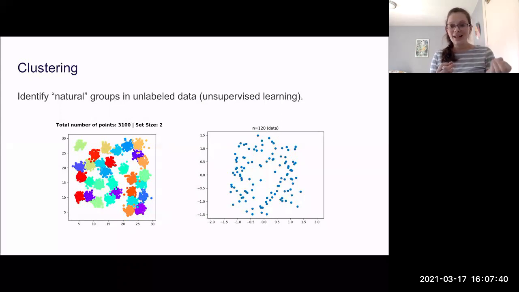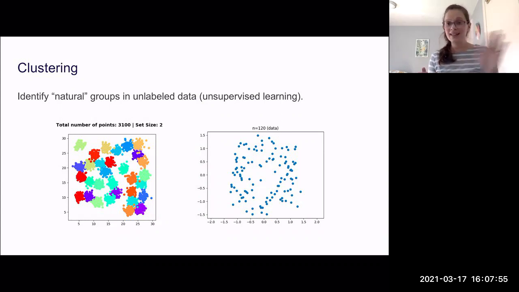In that case, I would be seeing the answer, and I'd be able to tell, yeah, those points look really close together. But I have that color that is guiding how I'm interpreting that picture. And really, when we're in the unsupervised learning case, we're not given that nice coloring, right? We're in the right-hand side picture where we get some data, and the idea is that we want to discover these clusters. We want to discover these groups. So we need to think about how we are going to do so in a way that if we then colored them, they looked intuitive to us, if we were able to visualize them.